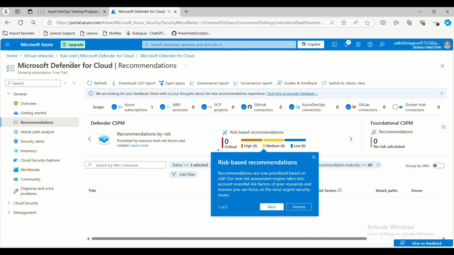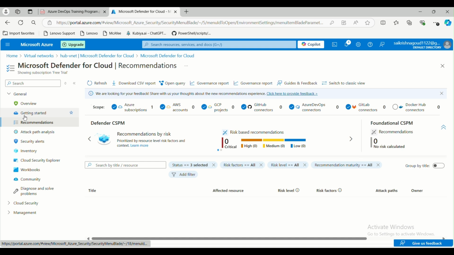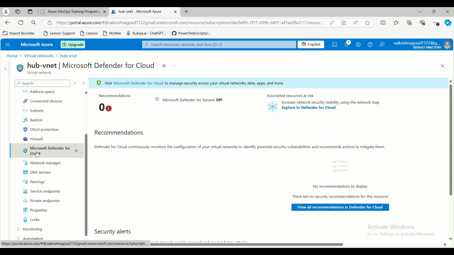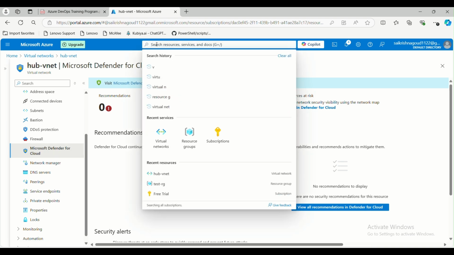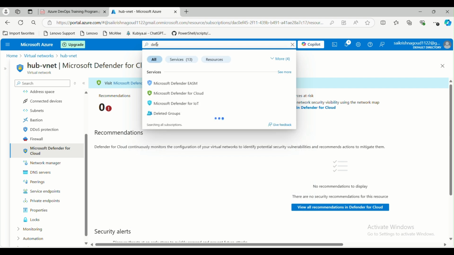Whatever virtual network you have created, if there was an issue, it says: try to fix that issue, this is the recommendation I'm giving. All these parts it will show you. That is about Microsoft Defender for Cloud. We have a dedicated topic for this, and we will discuss each and every topic when we discuss Microsoft Defender for Cloud. It is altogether a different topic. If you click Microsoft Defender for Cloud from this VNet, it will show you the recommendations related to this VNet only. Or if you go to Microsoft Defender for Cloud from the separate topic,